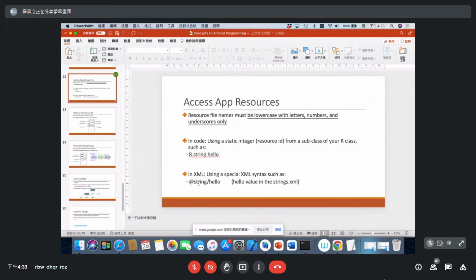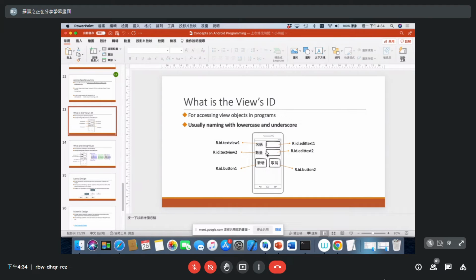No exact mapping. Actually, the file is named strings with an s. However, when you write, you just provide at string. That's quite enough. OK 啊，这个就是存取 resource， 它有2种啊，一种在程式码要这样子写，一种是在 XML 要存取另外一个 XML 的资源，它就要这样子写。OK。